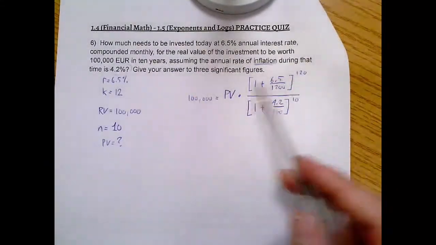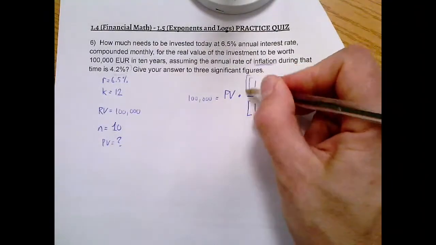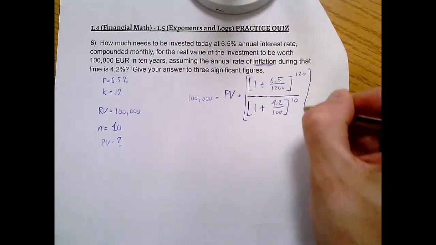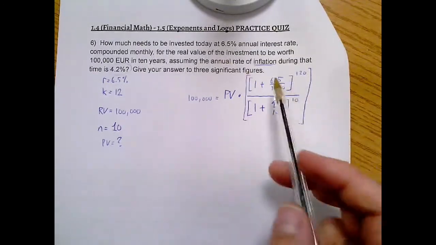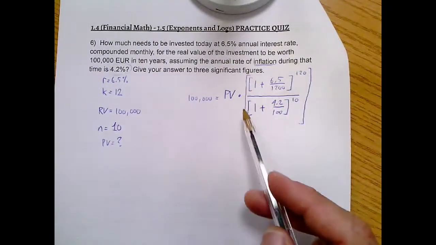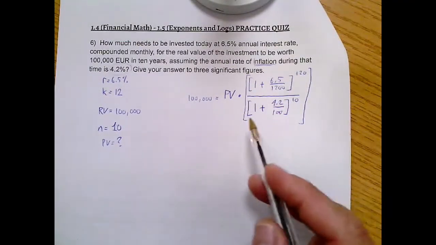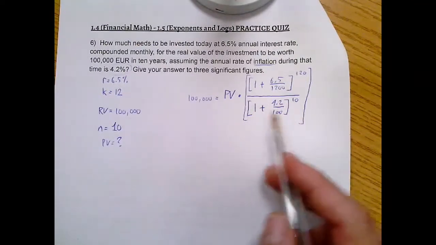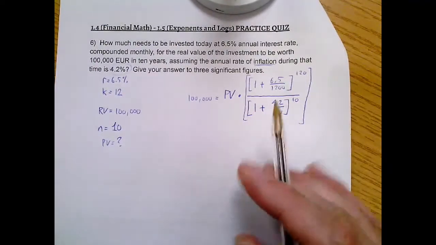This might help you guys a little bit. This is our initial setup. So this is how much our money grows. This is how much our money gets compensated for inflation, and that will tell us our real value. Now,